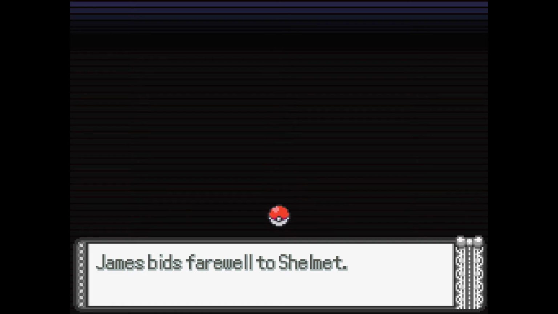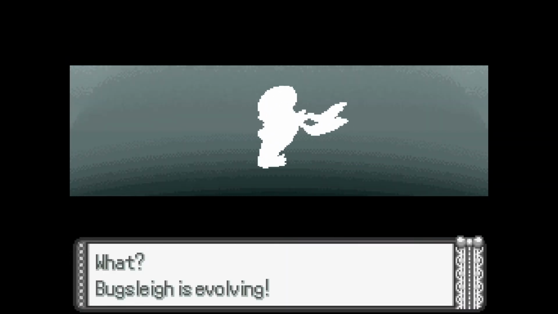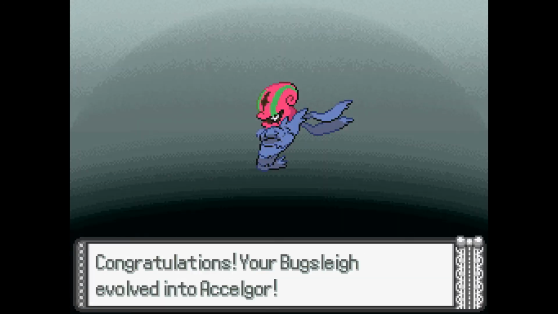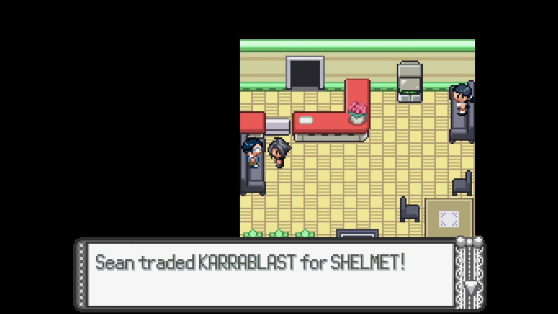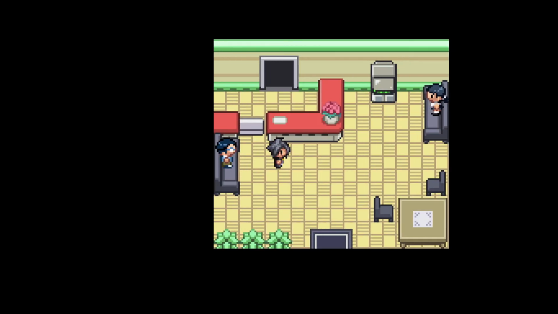So it looks like James sends Shelmet. It looks like you may actually be stuck with this particular Shelmet. It doesn't look like you can get your Carablast back. Your Bug Slay evolved into Accelgor. Sean traded Carablast for Shelmet. One more for my collection. Oh, okay, so